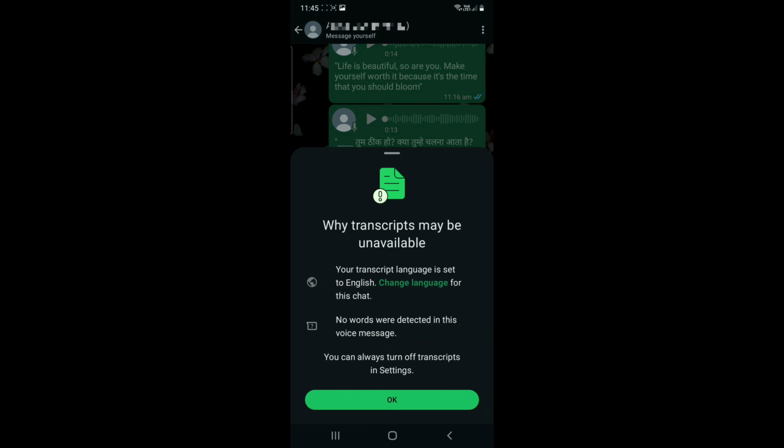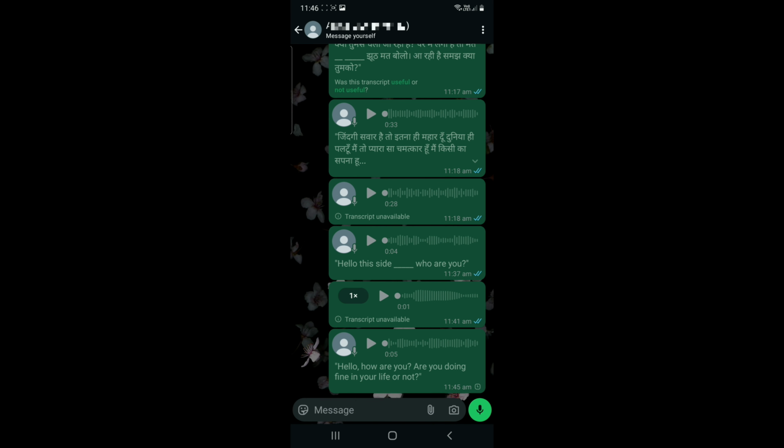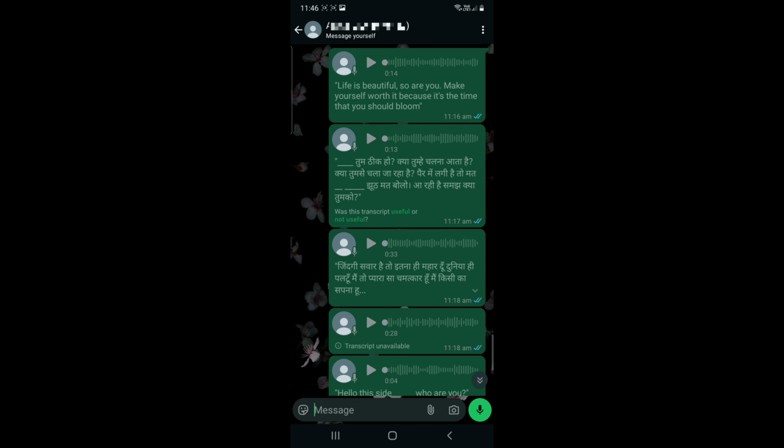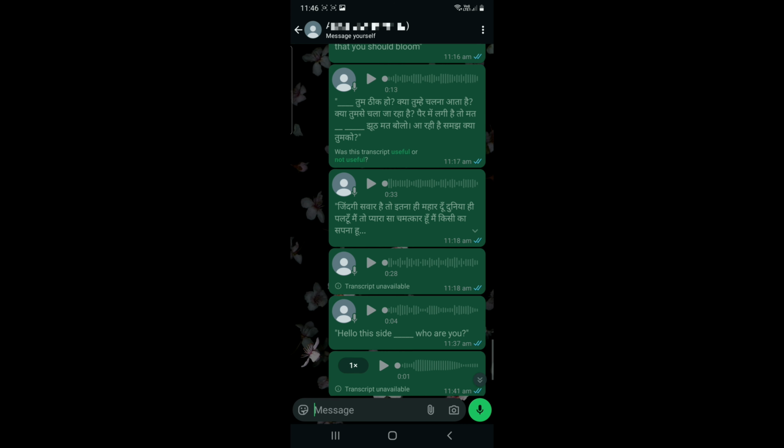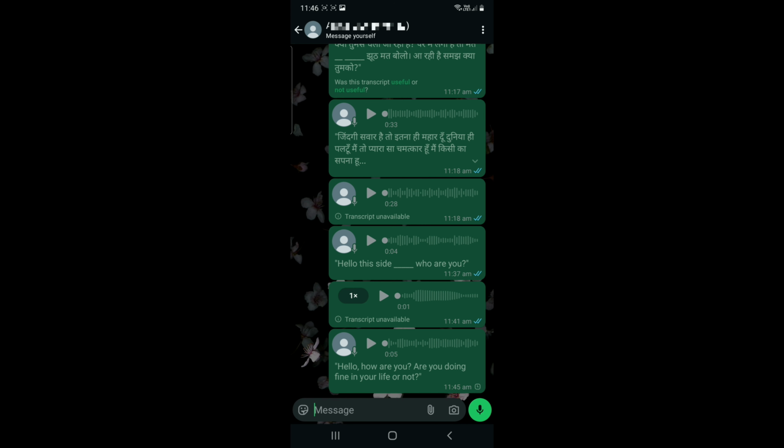This feature is really interesting if you want to convert quickly and also change the language easily, like when you're on the chat. But if it is not downloaded, then you have to go to the settings and download that particular language. One more way to change the language is to go to the description area, the information area